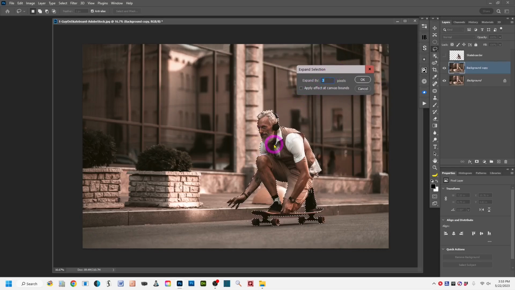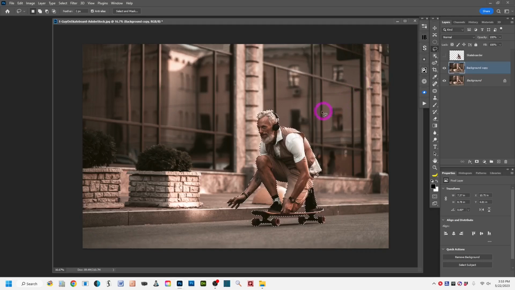So basically what we're doing in this case, you can also do a minimize, but for this situation we want to expand. We want to go broader beyond the subject. So I would say use between 3 and 5 pixels. I think for mine, I'm going to use 5. Okay, so expand by 5 pixels. That means it's going to push out from him into his surroundings by 5 pixels, and just click